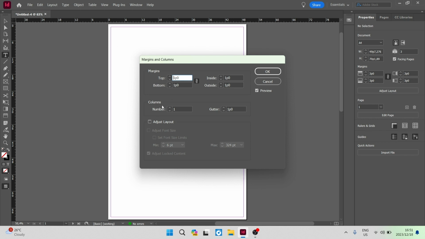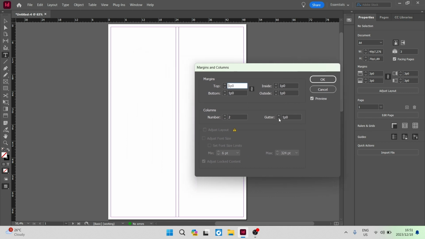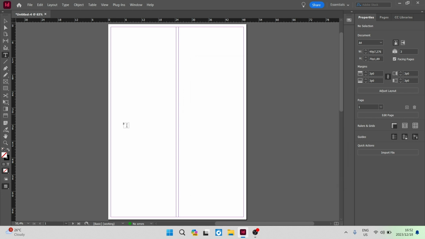You can also change the columns over here, so you can change that completely. So let's say we want 2 columns on here, and then the gutter is the space in between the 2 columns, so we can make that a bit smaller if we want to, and that's pretty much what that looks like. And then when you're done, you can go ahead and click on OK, and we now have some adjusted